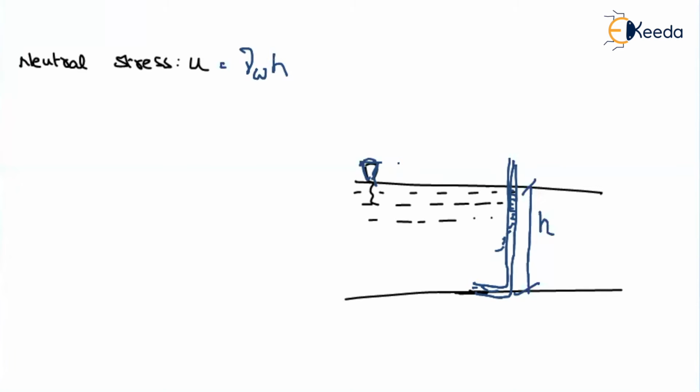Sir, if I keep a 100 diameter piezometer, will the water level rise? Obviously no. If you remember in fluid mechanics, capillary rise will not occur when the diameter of the tube is greater than 6 mm. So here also we have to make sure that the piezometer diameter should not be greater than 6 mm, or else imagine a very, very small tube you have placed. So obviously the water level will rise up to the water table.